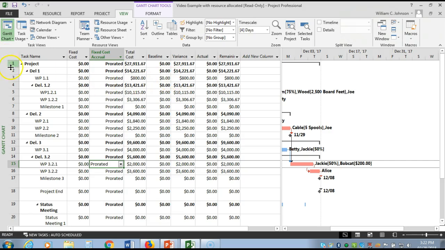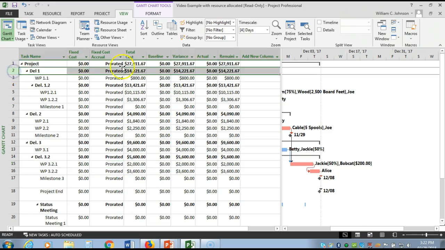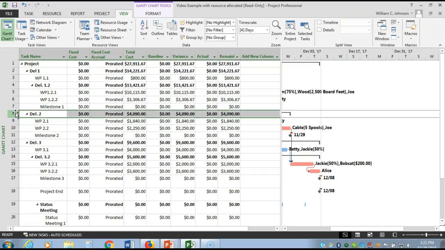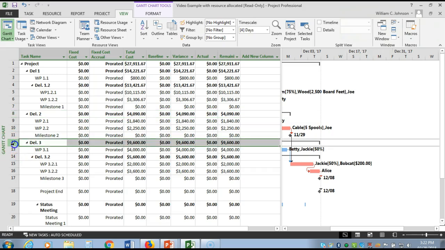It will also show that deliverable 1 here has a total cost of $14,221.67. Deliverable 2 has an overall cost of $4,090, as well as deliverable 3, which has $9,600 as